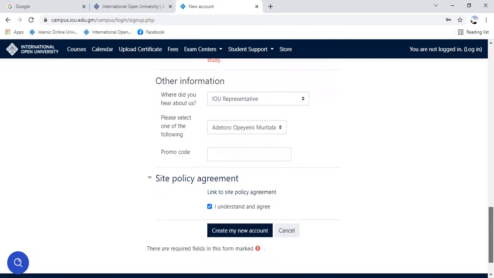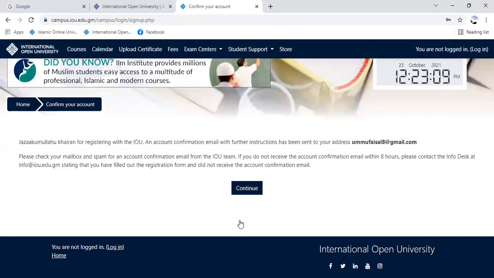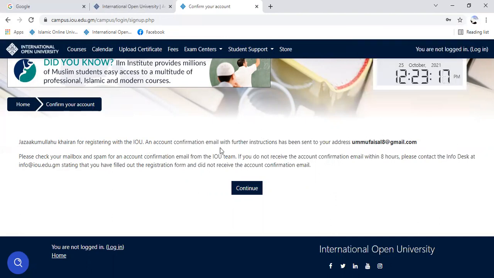Once you are sure of all the details you put in, then you click on create my new account. So it says, Jazakumullah khair for registering with the IOU. An account confirmation email with further instruction has been sent to your address, mofaisal@gmail.com.